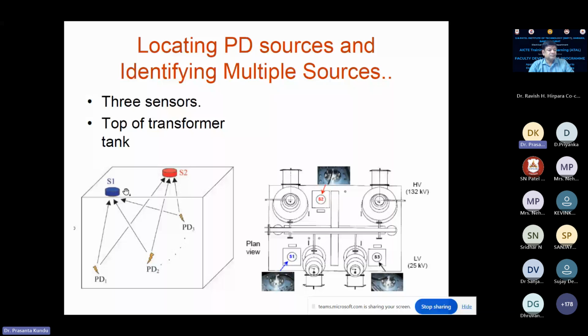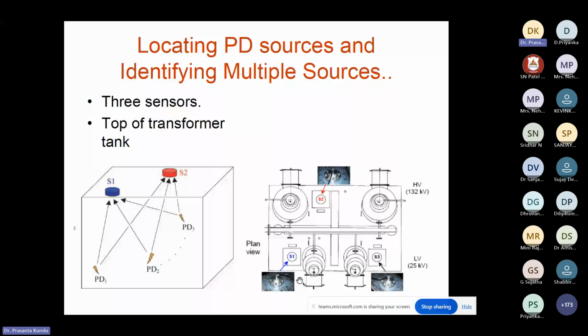On the top of it, normally it is placed with the window. The window is fitted on the tank. There are many ways of putting it, like in the drain valve, or in the bushing zone. You can put the dielectric window here, and a quantum unit. The dielectric window is to be put during the manufacturing stage, for a transformer which will go for UHF PD monitoring. So that will be placed during the manufacturing itself.